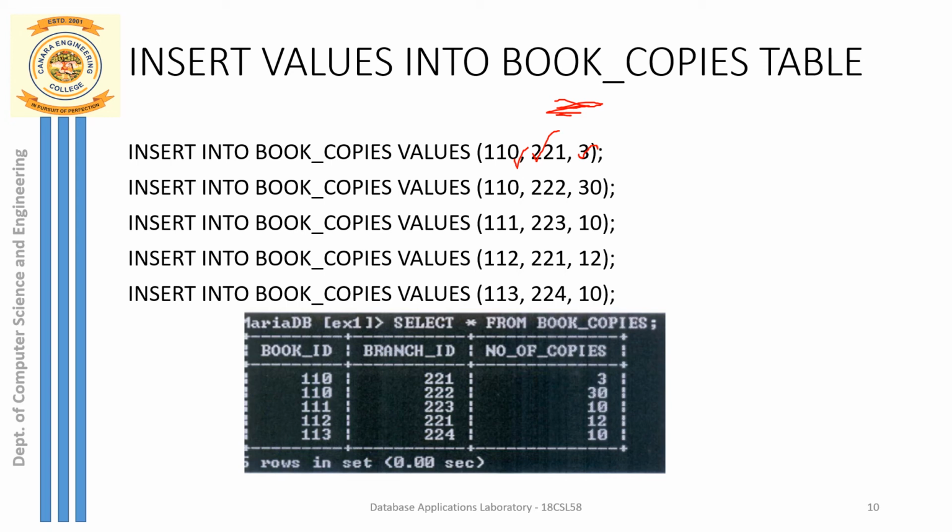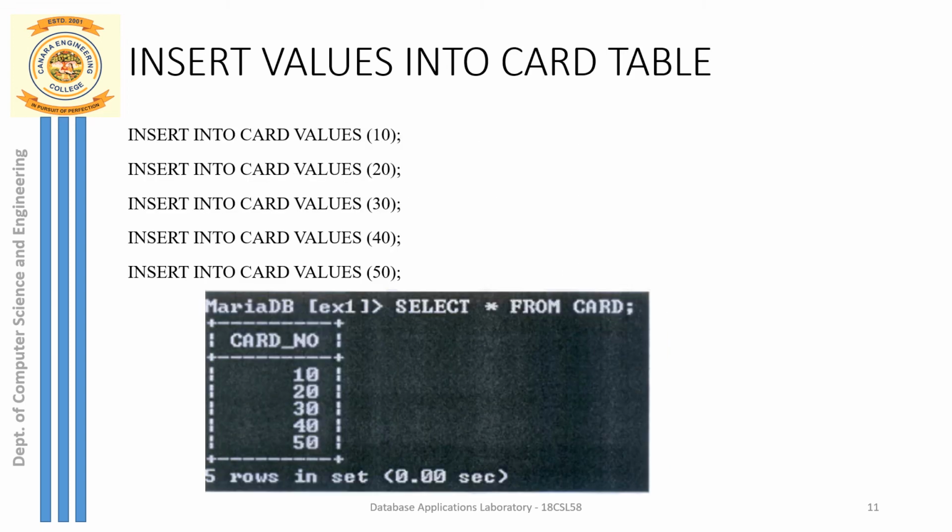Here the book ID we are deriving from the book table, and the program ID we are deriving from the library table. So these two are foreign keys. The same values that you gave in the book table you use for book ID here, and the same values you gave for program ID in the library table you use over here. Once this is done, we have the next table called the card table. All the card values that I'm entering are unique in nature. We have 5 card numbers entered.